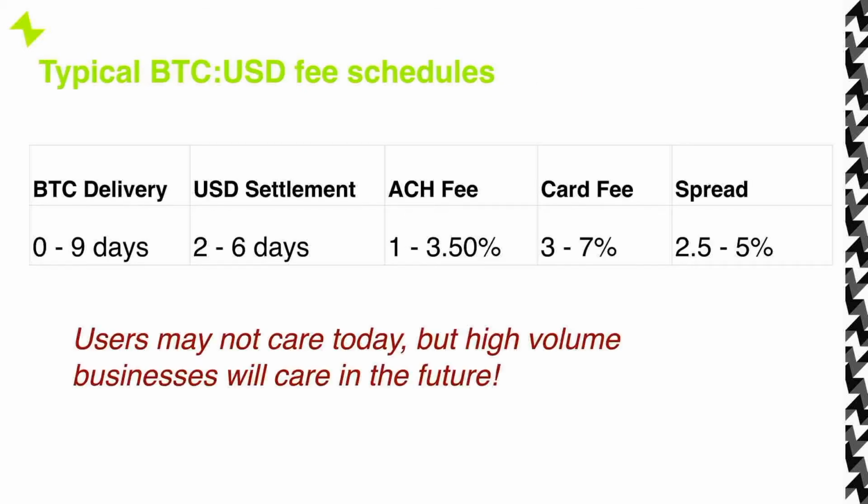So how much cheaper is this exactly? Well, it's a lot. If you look at how the fees accrue when you buy Bitcoin the traditional way, you end up paying anywhere between 7 and 15%. That is a terrible, terrible margin, and it produces inefficiencies down the line. I think users just want to hold Bitcoin, so they don't really mind this, or they suck it up and deal with it today. But if you're a business, especially a high volume business, that's absolutely a horrible margin, and you can't live with that. So if Bitcoin and Lightning particularly are going to grow into commercial infrastructure, we've got to do something about this.